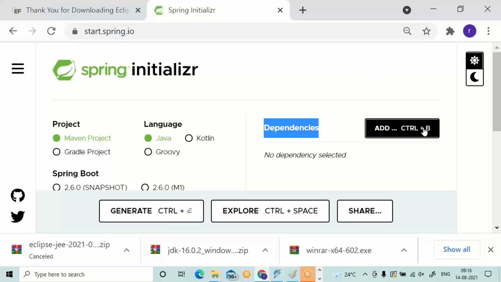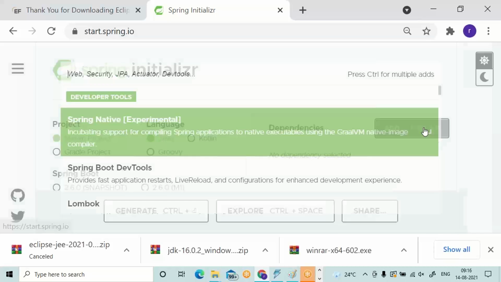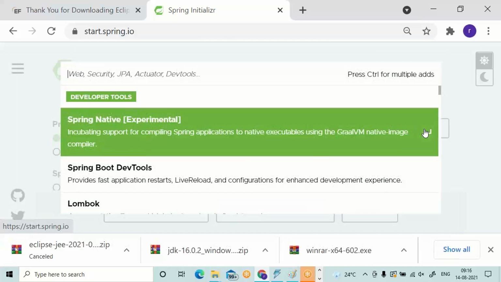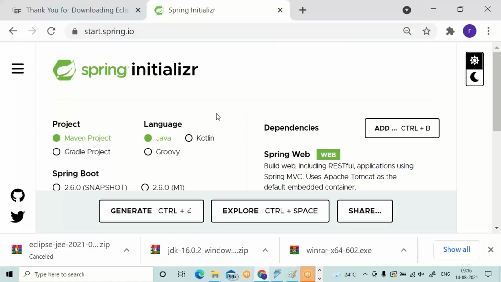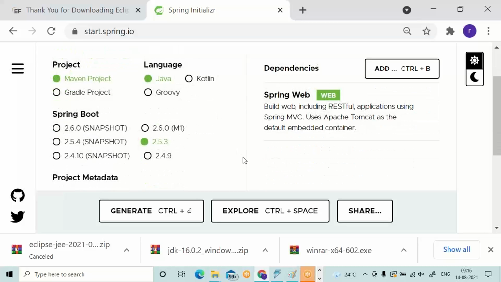Click on add. In the search window, you can type web. You can find Spring Web. Select Spring Web, everybody. Now you can see the Spring Web.